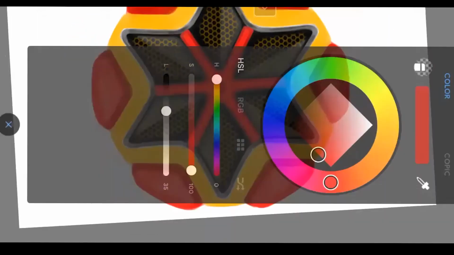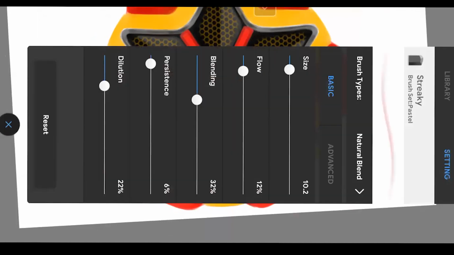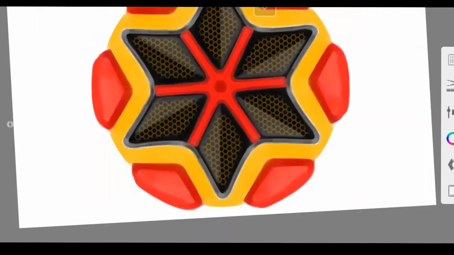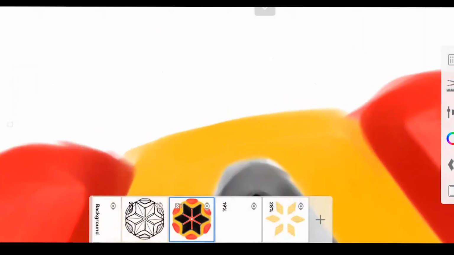I think I should erase the background a bit, only the outline, so it will appear as if the light is casting from behind the rim. So I will grab the airbrush, increase the size, and then I will pick the colorless color, and then I will go on this layer, the main layer. As you can see, it is going way back. I will just touch the boundary a little bit.